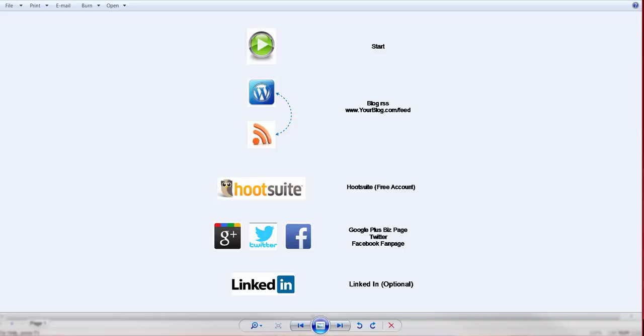Okay, let's look at this. All right, so just as a quick diagram overview, we're going to start and move to talking about your blog and your RSS feed tied to your blog. I know for some of you that the RSS feed is maybe a new concept, but the reason I'm showing this really super simple diagram to start out is, let me just give you a quick word about learning. You don't have to get it the first time through, and you can take solace in understanding that the things that you're going to be learning